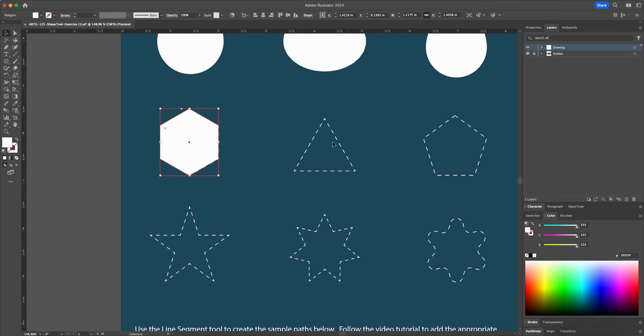For the triangle, there is no triangle tool. We are again going to use this polygon tool. And just like we did with the star, we can drag out our shape and use our arrow keys to remove sides or add sides. So for this one, we want 3 sides. I'm going to hold Shift just so that it flattens out that bottom,